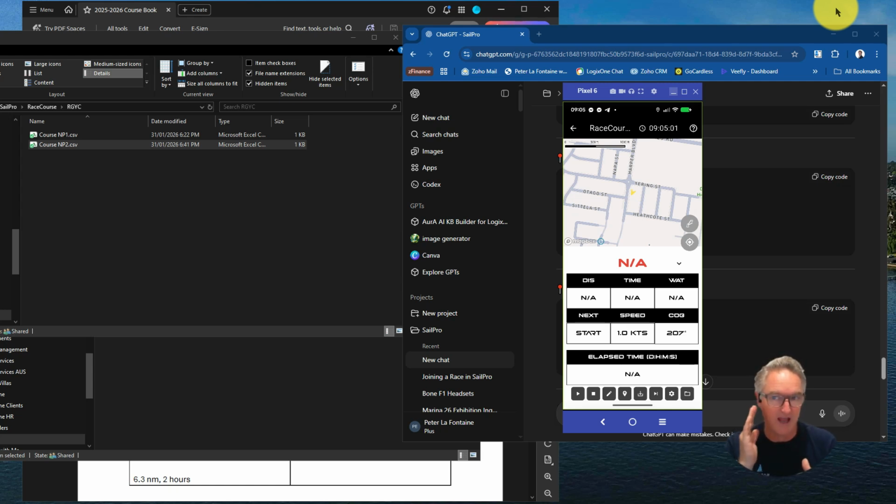And once you get used to it, it really does enable you to focus more on what's going on around you, and be less reliant on other devices and other people. You can be steering your boat, or if you're a tactician, you're hearing it all in your head, getting immediate feedback. So that's what SailPro is all about. But specifically on RaceCourse,